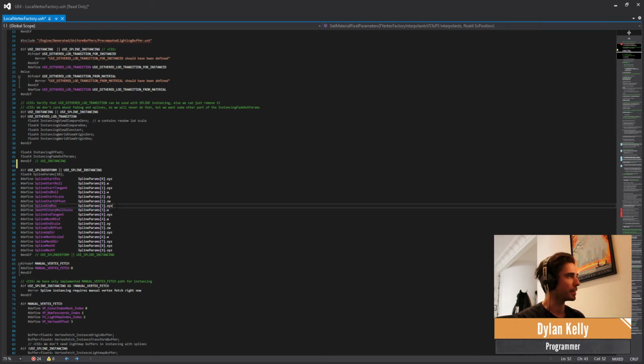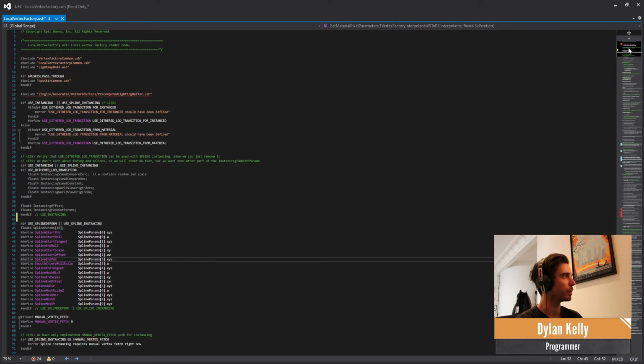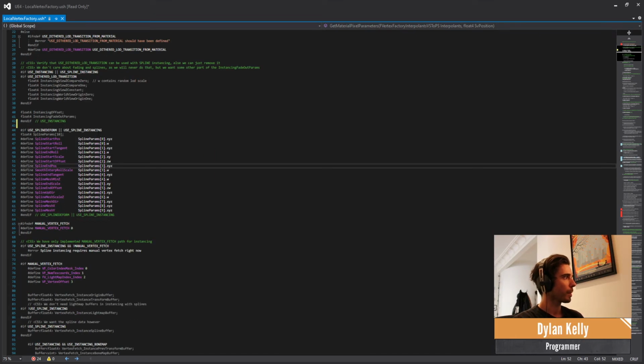But now that they've packed it down, our thinking is that we're going to try to use their struct here, their layout, instead of using our custom floats, as it'll be easier to upgrade in the future, and we can minimize the duplication of code. It just works. So we've already merged. This file, I'm not doing the full upgrade. So anywhere you see use spline instancing, that's a macro that we've defined,